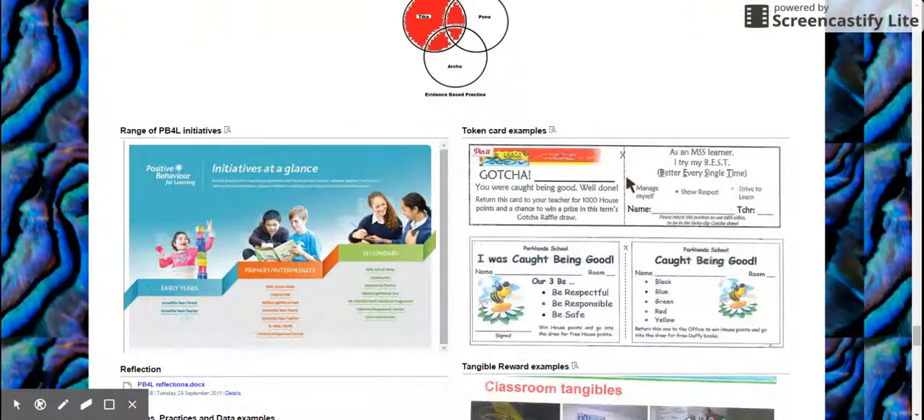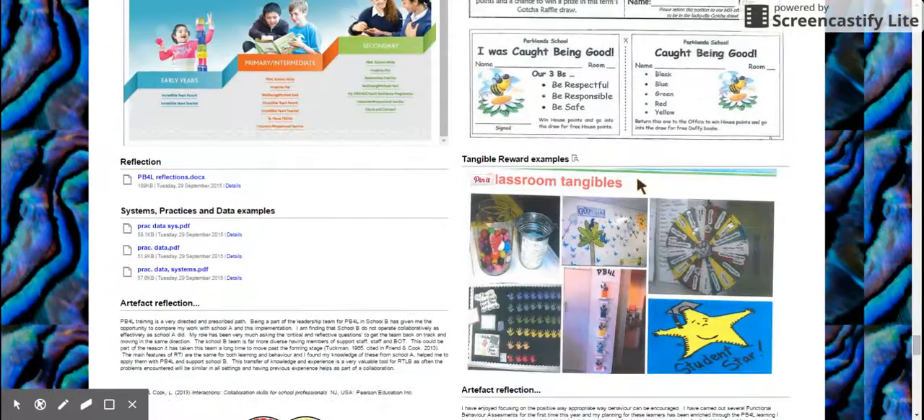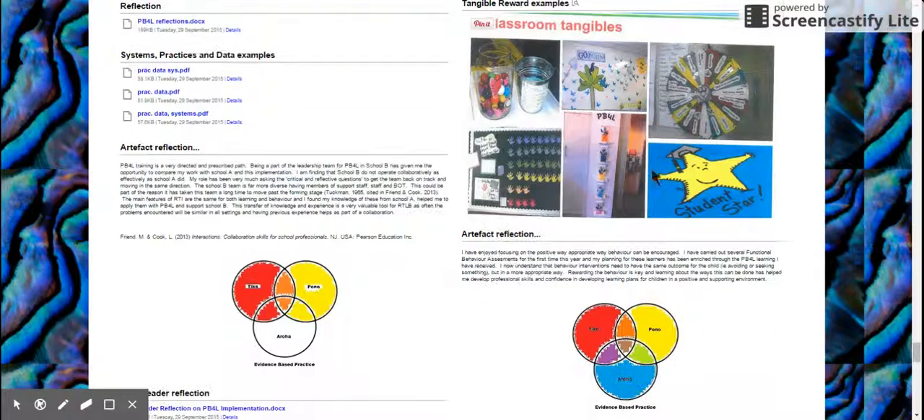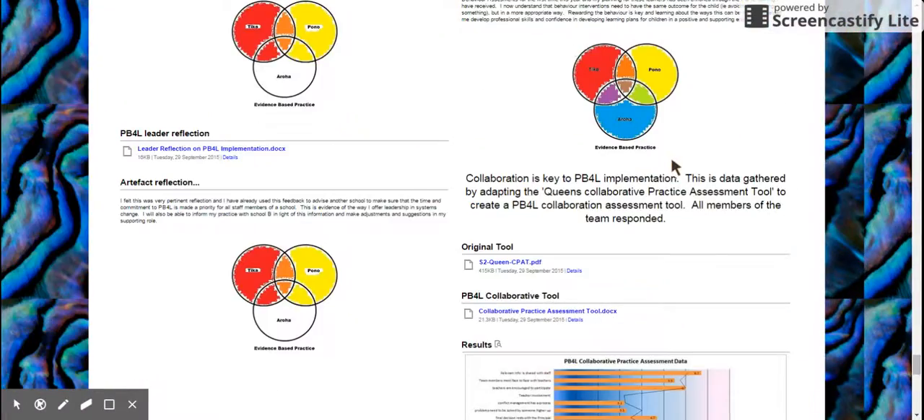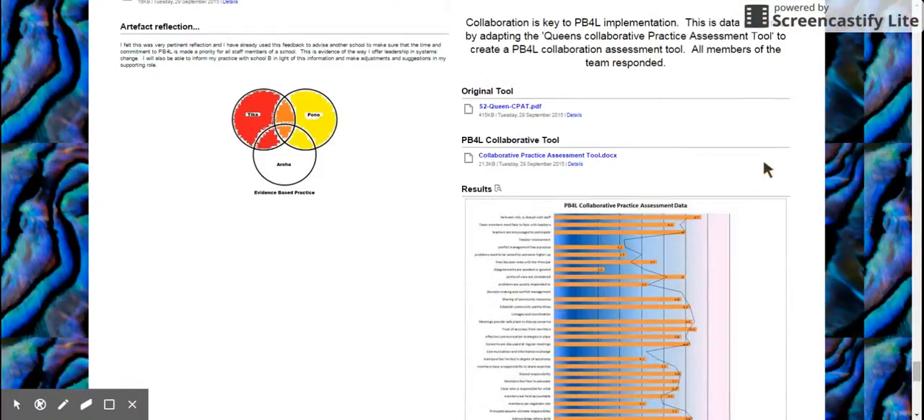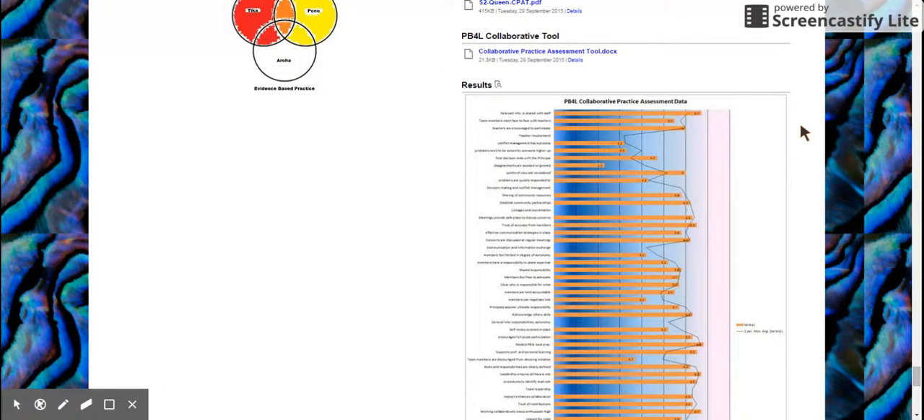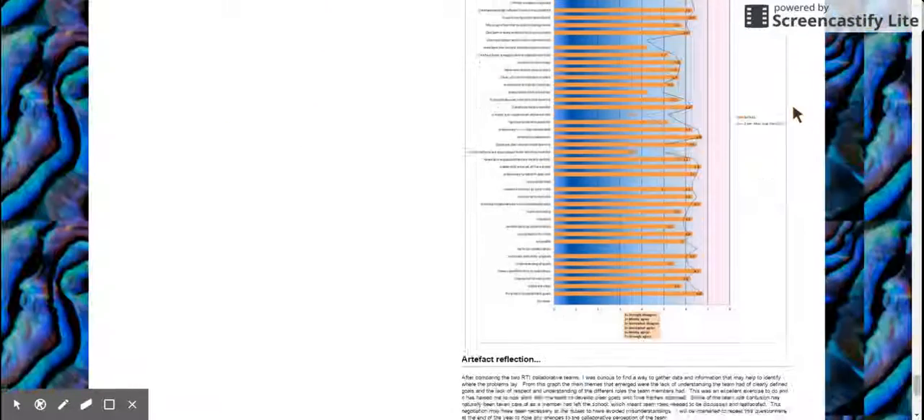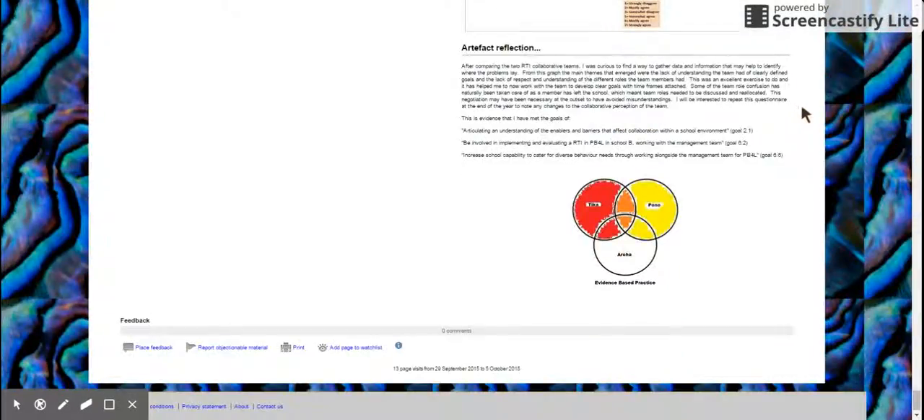process. So there's some research here, a little bit of the tangibles and rewards in the classroom, which was also really good. And I also looked really closely at the collaboration within the PB4L group, the school team that I was working within, and I did a bit of assessment around that, and there's some information there in a graph about that too. So yeah, hopefully you'll